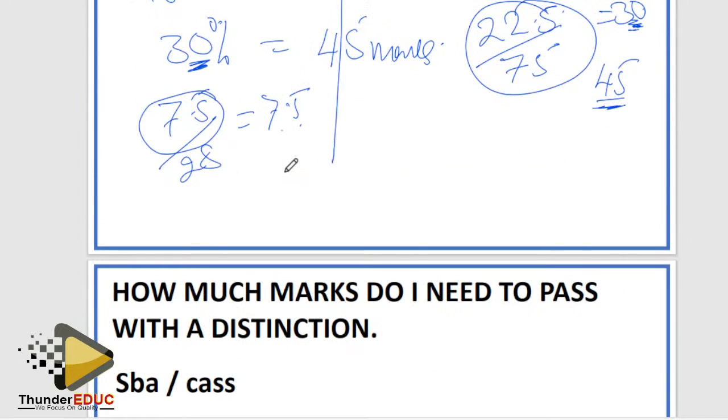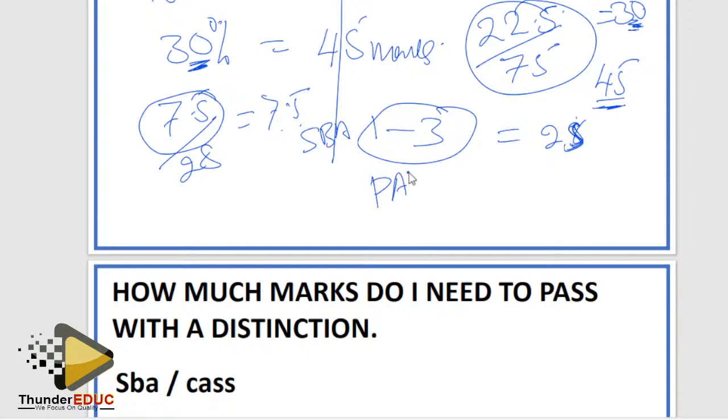So it means that if you're doing a paper which has PET, we convert the PET from term 1 to term 3. All what you do, we give you 25%. The PET you have done, we call this one SBA. This PET is not added in your term 1 and term 3 reports you have been getting. We're only waiting for you to finish, and then we bring the PET so that we can add it. What happens? We also convert it to 25%. Is it clear? And then the final exam you are done in November.